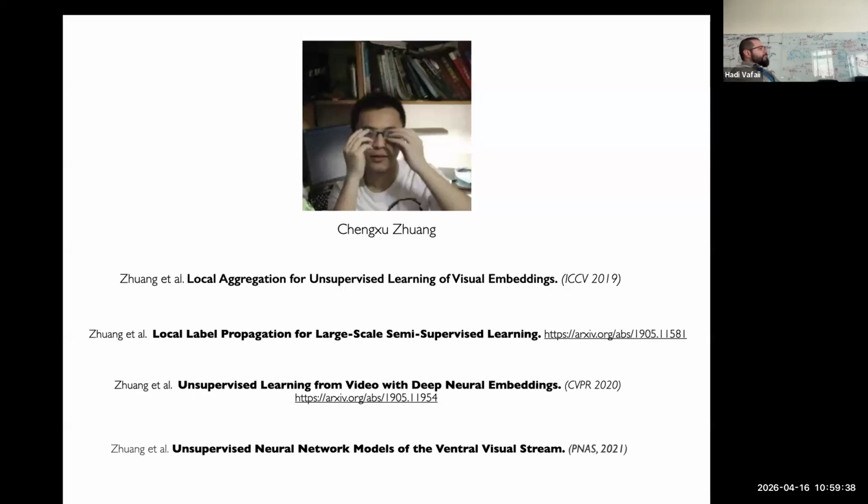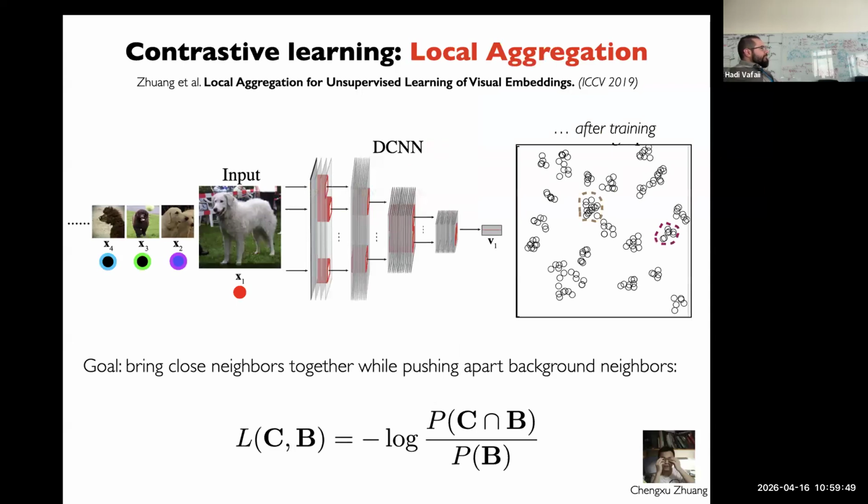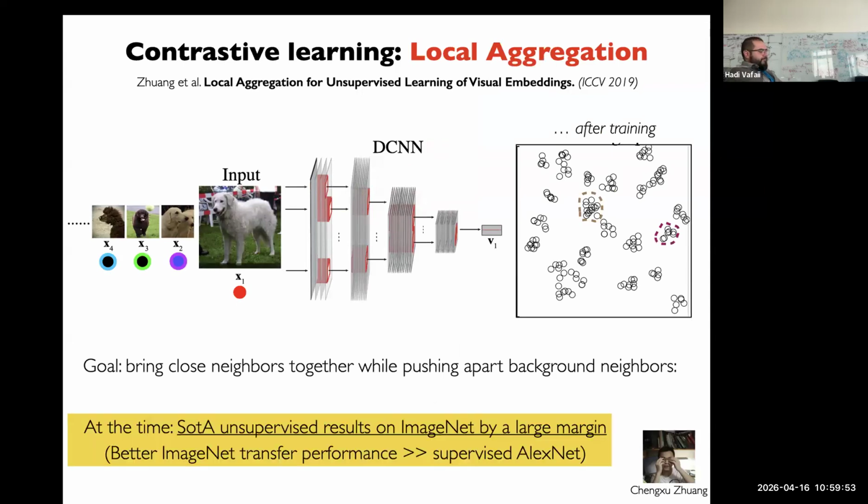So this is the process: solve the AI task, however you're going to do it, knowing what the problem was from the cognitive science observation, and then see if it matches brain data. So he had this algorithm, local aggregation. I'm not going to get into the details of it. At the time it was cool because it was the first unsupervised method where you could get a network that was better on categorization in ImageNet than a supervised AlexNet. That's just an arbitrary point, but it meant the unsupervised networks were in the game.